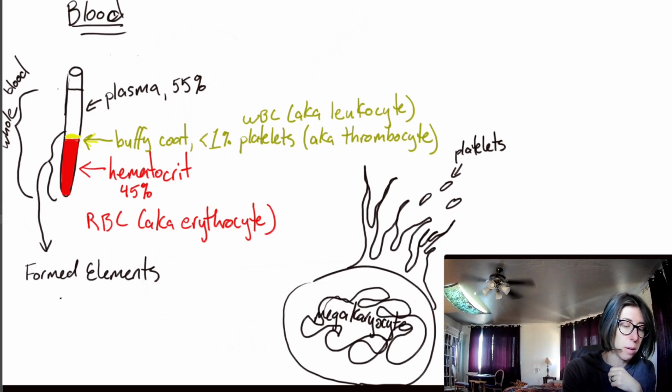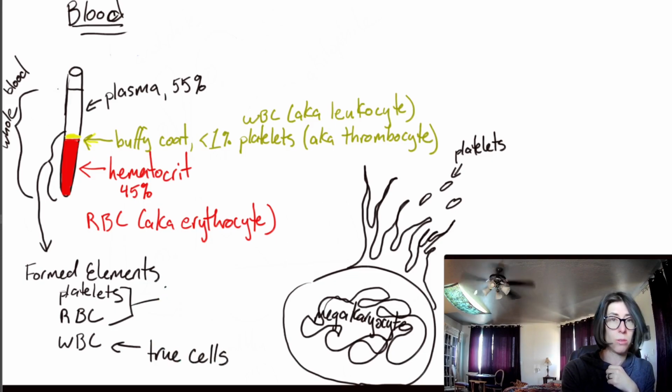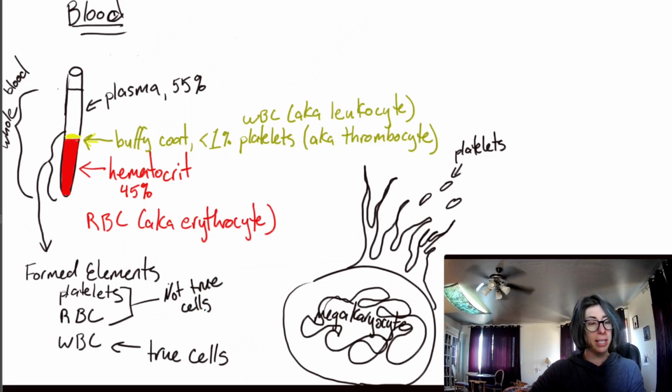So platelets, red blood cells or erythrocytes, and white blood cells or leukocytes. These are all the formed elements, but only these are true living cells. These are really just cell fragments or the remnants of a cell, not true cells. All right, so